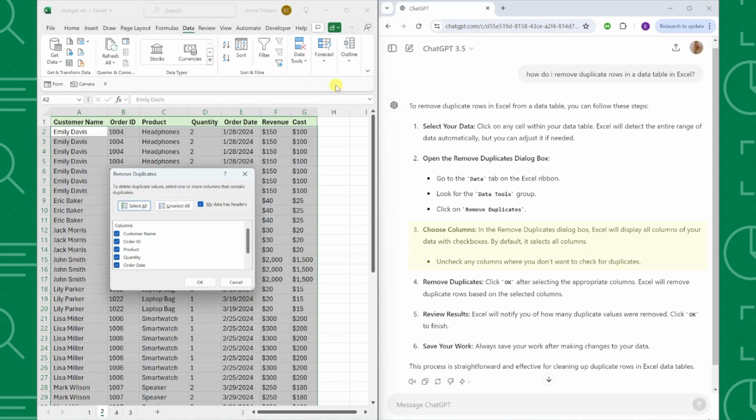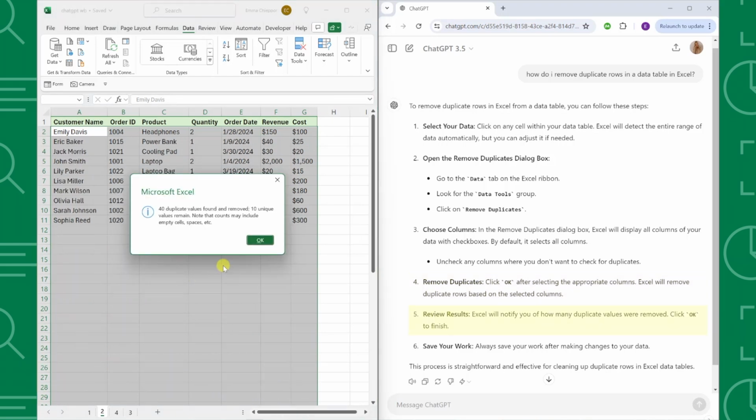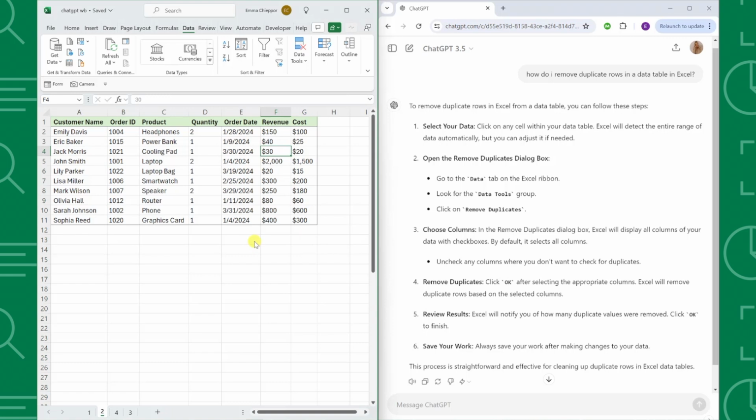Now we just need to uncheck any columns that we don't want to check for duplicate values in, but because we want to remove duplicate rows, we need to leave all fields checked. Finally, click OK, review the results, and we've officially removed all the duplicate rows without knowing how to remove duplicate rows. That is pretty impressive. ChatGPT is a great resource to lean on to help you accomplish a task in Excel that you might not know how to do. Now let's turn it up a notch and see if ChatGPT can help us write Excel